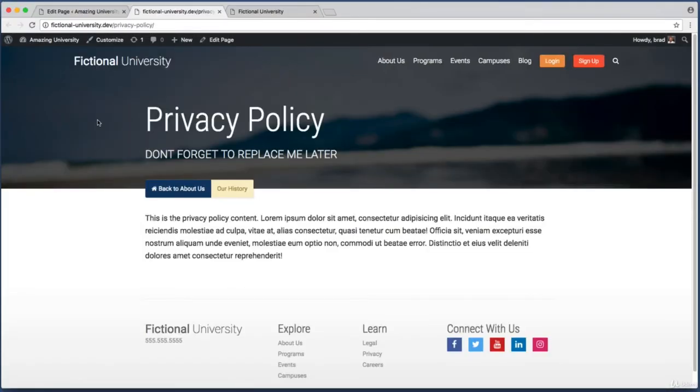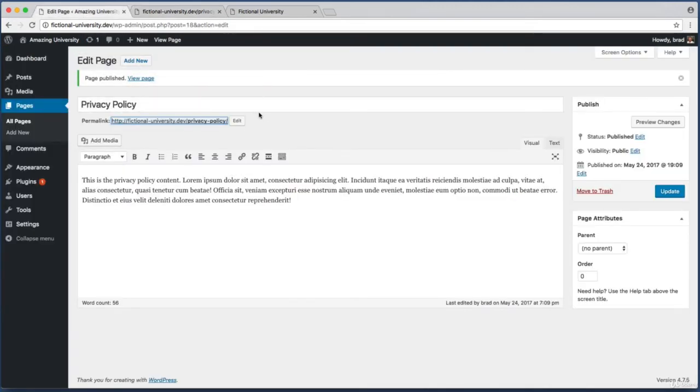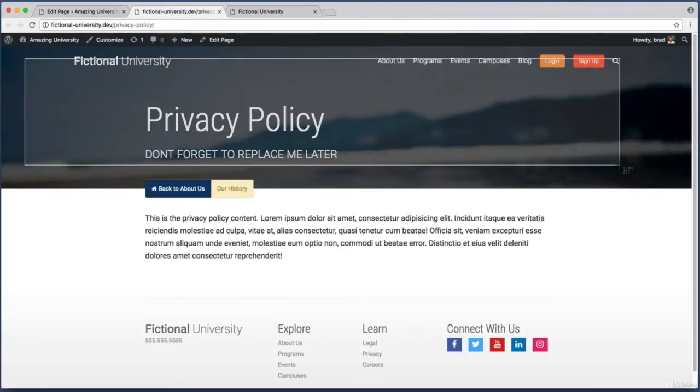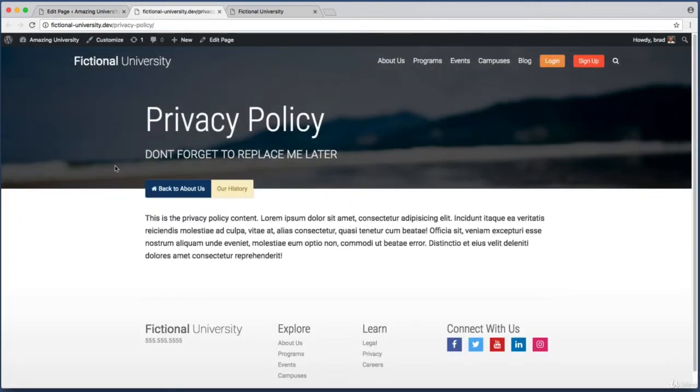Now in a future lesson, we will set things up so that in the admin edit page screen, you can upload a unique image for each page. But for the time being, I think this placeholder ocean image will do the trick. Okay, moving on, that leaves us only with this little breadcrumb area that we still need to address. We will circle back to this section at the very end of this lesson, but for now, let's not worry